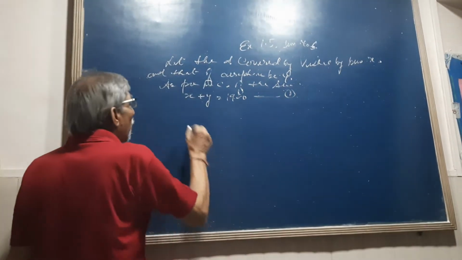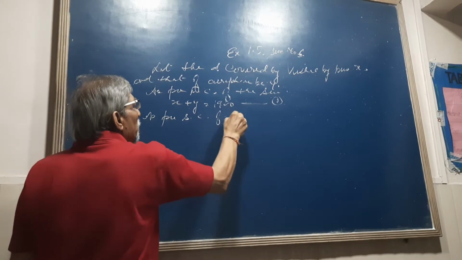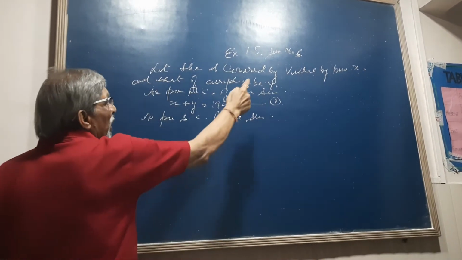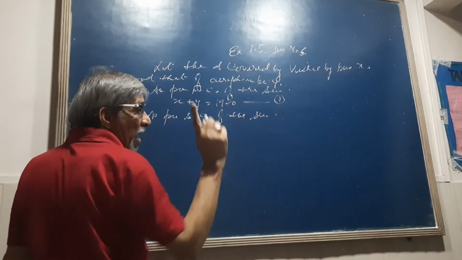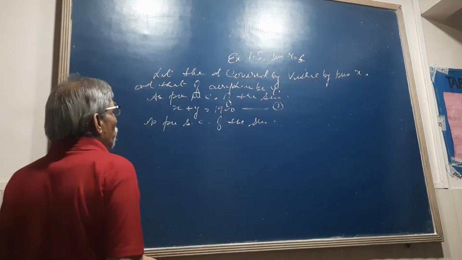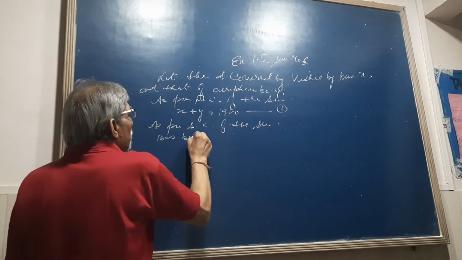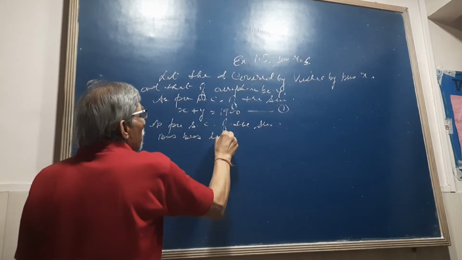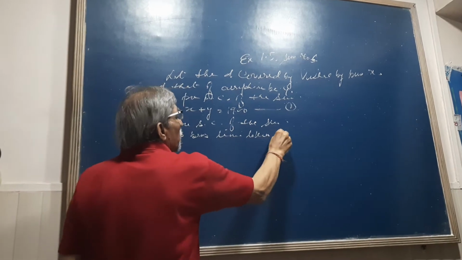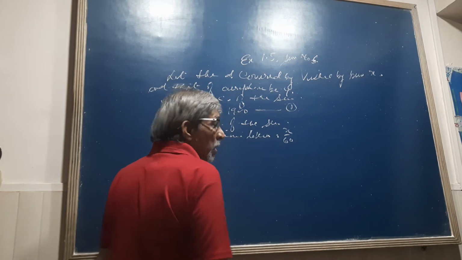So as per the second condition of the sum, distance covered by bus is X kilometers, and speed is 60. So time taken by bus is X upon 60 hours,